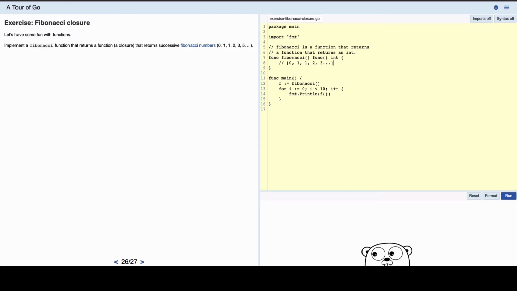We need to create a function that calculates the sequence of numbers. So we need to define a variable x, which is an integer, and then we need to increment this variable every time the function is called. But not this function, but the function that we're going to return here. So return a function that returns an integer,